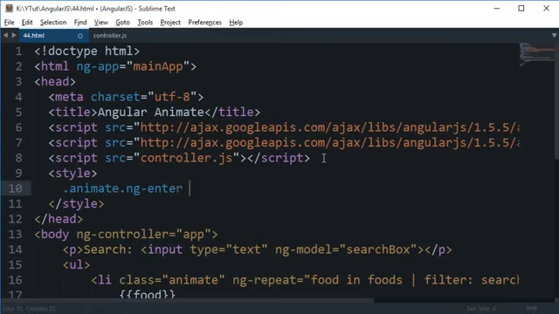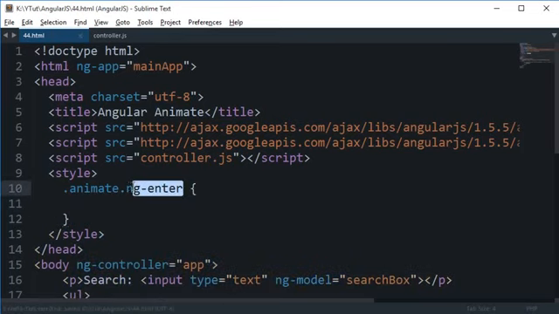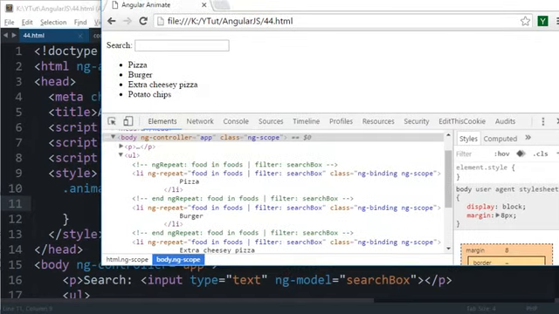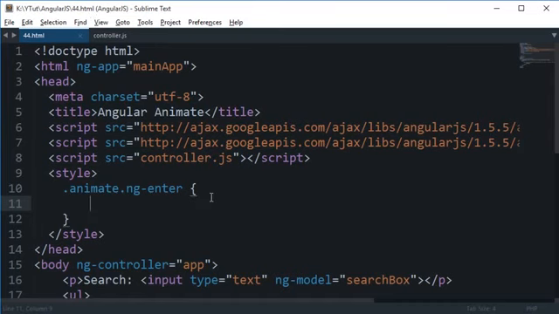Now this ng-enter is a default class which is attached whenever Angular finds that it is about to make an element enter into the scene or into the view, and then how it should behave is right here in your hands. So let's just say it should show a transition of 500 milliseconds linear all,